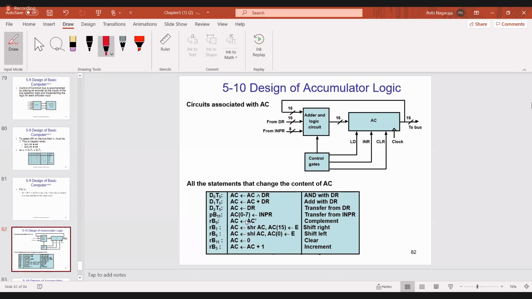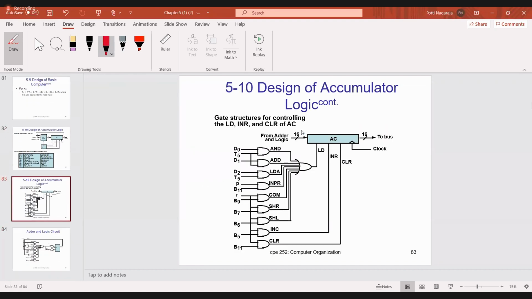These operations you already know, but you have to remember them. You should check the register reference and memory reference instructions. These are the statements which change the accumulator, and try to remember that the accumulator has one input from the adder and logic circuit, and the load, increment and clear inputs, and you have to give one clock signal.